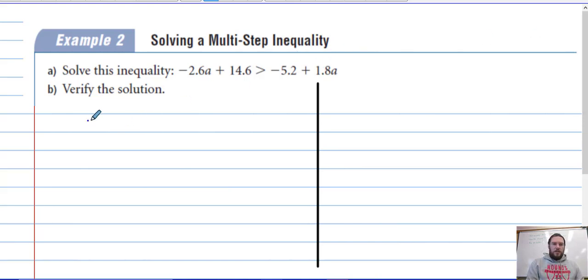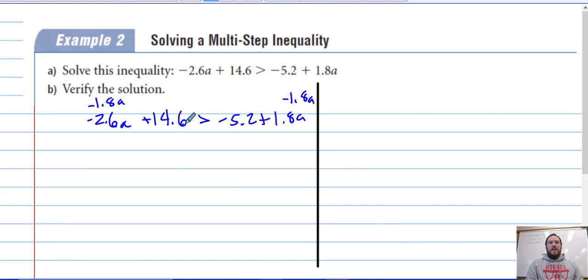So I've got negative 2.6a plus 14.6 greater than negative 5.2 plus 1.8a. So I'm going to minus my 1.8a, and I'm going to do the same thing over here, minus 1.8a. And at the same time, I'm going to minus the 14.6, and I'll minus the 14.6 over here, right? Once we get more comfortable with these, we can start doing multiple steps in one. So negative 2.6, minus 1.8 is negative 4.4a, and that's going to be greater than, and negative 5.2 minus 14.6 is negative